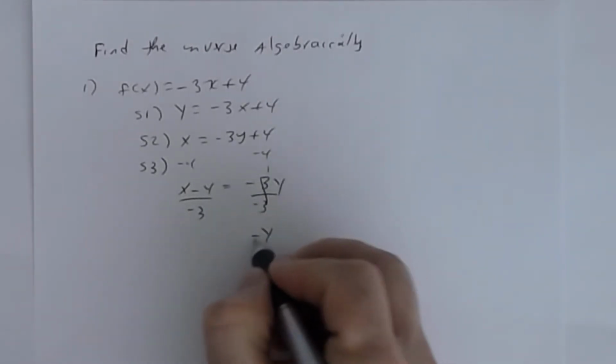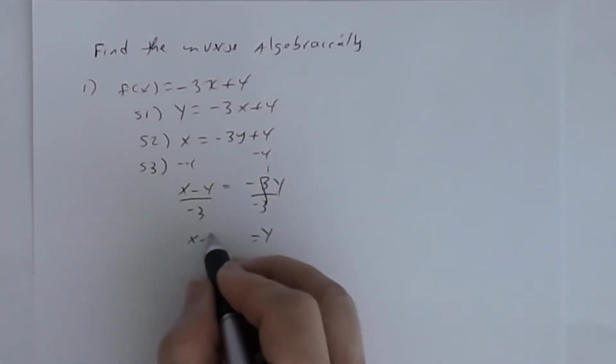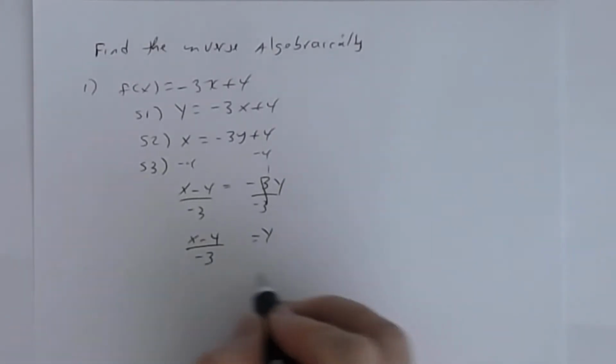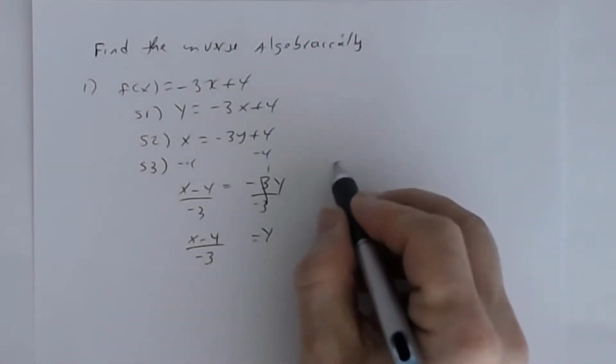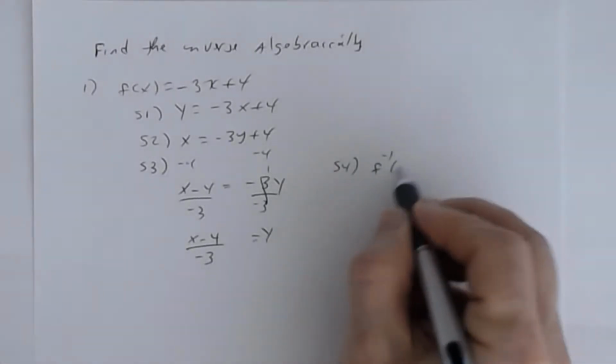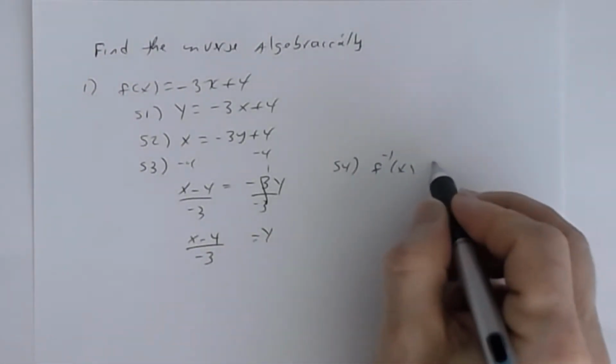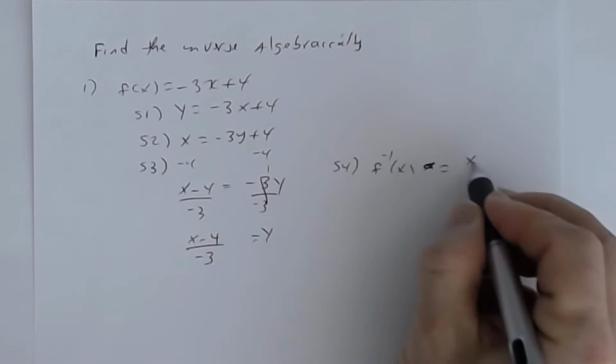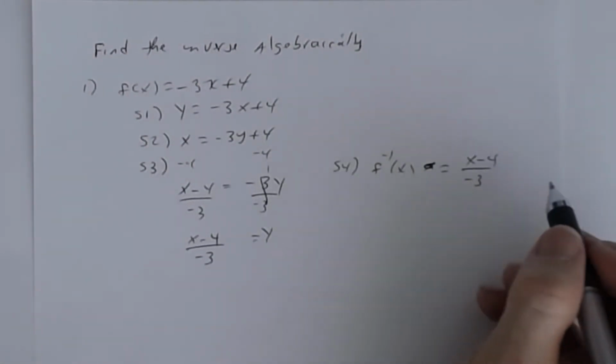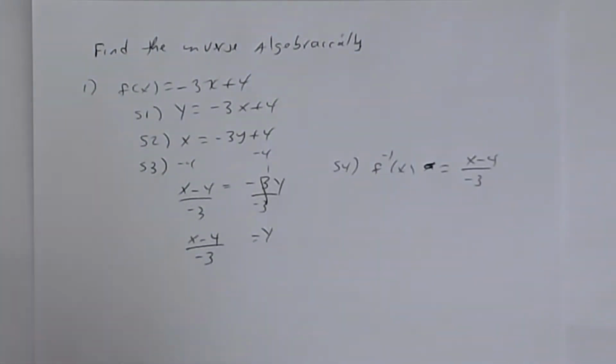That is your inverse. So y equals (x minus 4) divided by negative 3. So step 4, and put step 4 here. Step 4, f inverse, is this right here. So it's equals (x minus 4) divided by negative 3. Okay. Now, first of all, let me remind you, and we're not going to do this in all the problems,